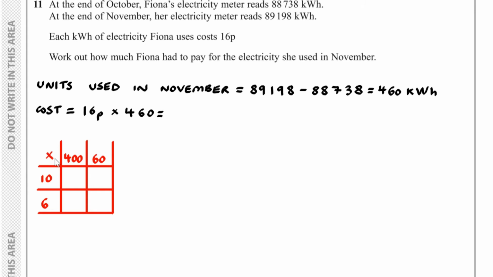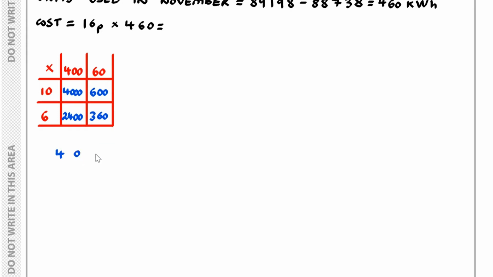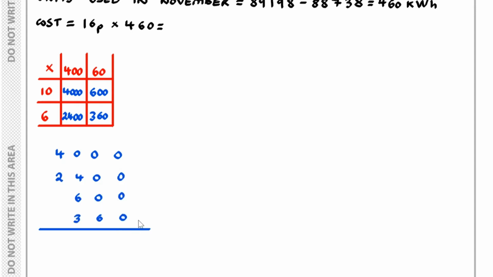So here is our grid, and if I multiply, 400 times 10 is 4,000, 10 times 60, that's 600, 6 times 400, that's 2,400, 6 times 60, that's 360. And so adding these together, we have 4,000, 2,400, 600, and 360 being added together,